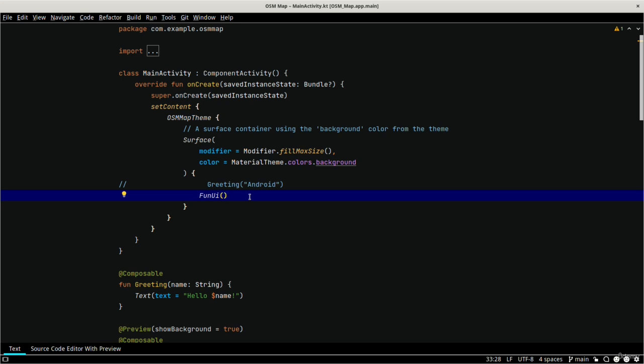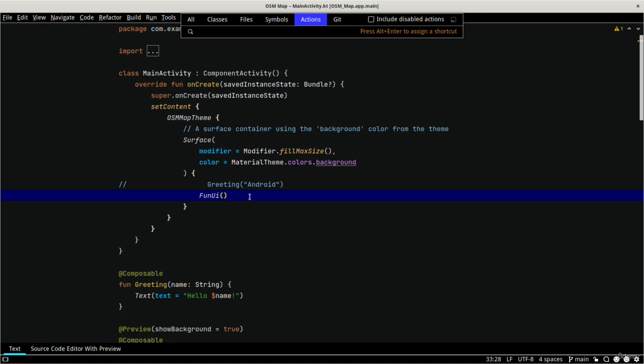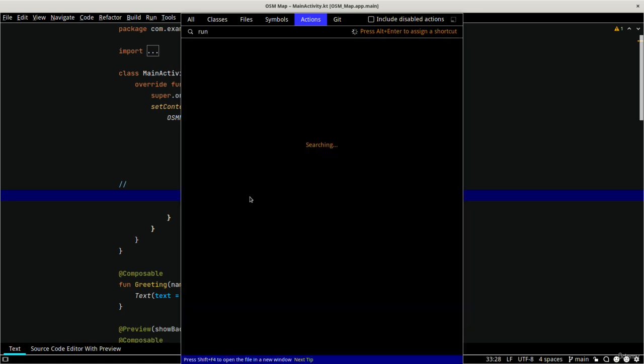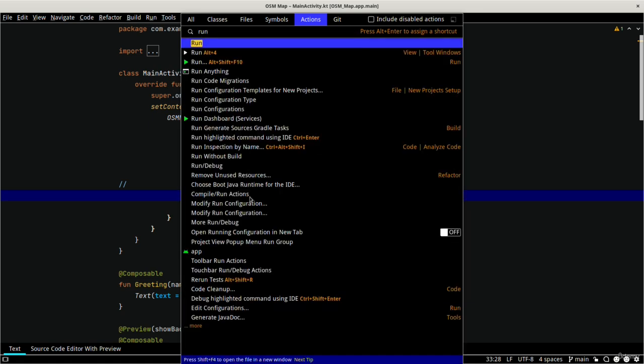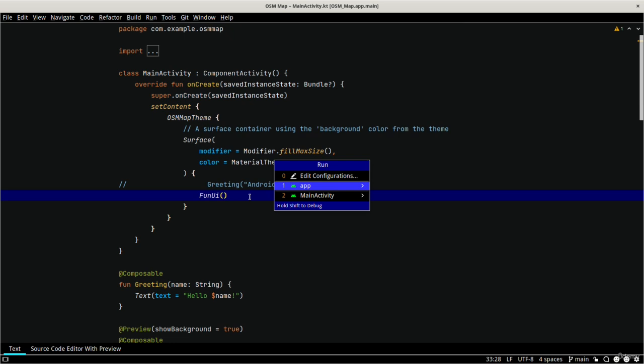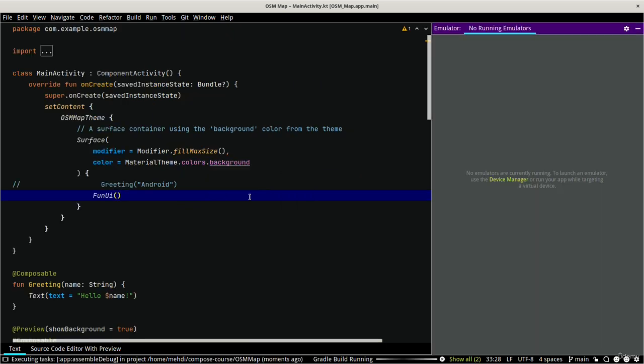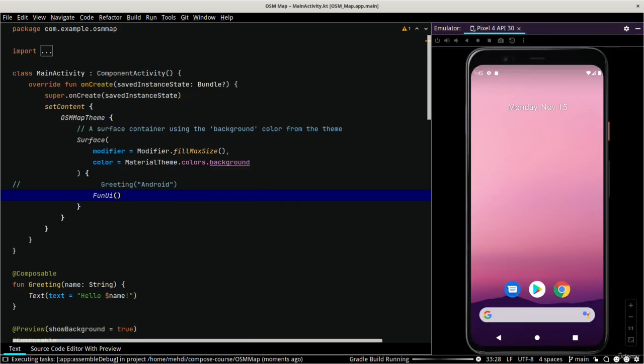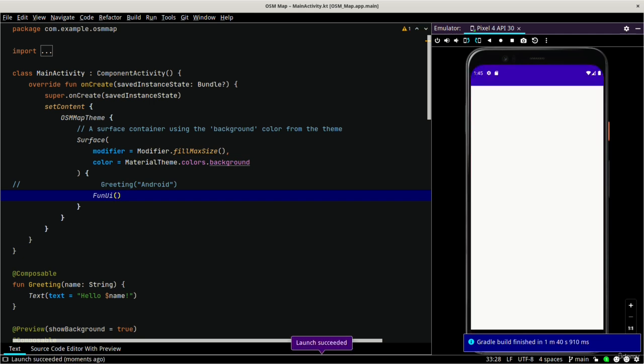So Control Shift A to trigger our action and run. Alright, our application is running, but something that I forgot to add is adding the permissions for the map to